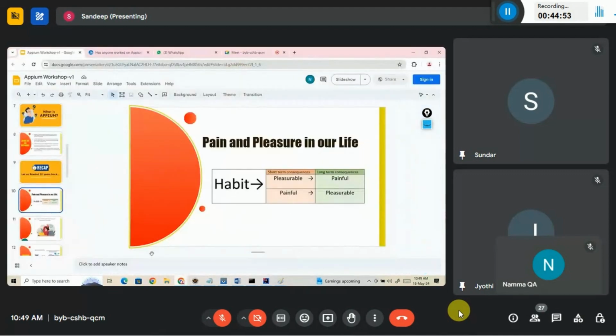Okay, let's shift to the slide. So this is what I was trying to explain with a practical example. So habit, whatever habit is there currently, short-term consequence, you might feel it is a pleasure, like going through the reels or watching a movie because it's a weekend. It might be pleasurable, but over a period of time, doing the same activity for the long term would definitely be